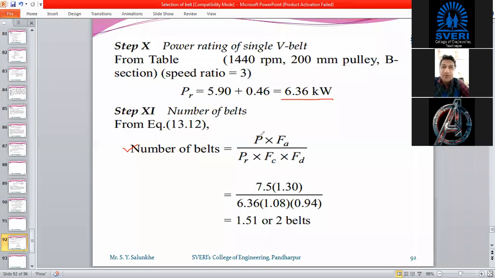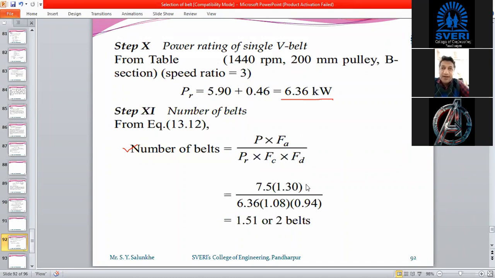Number of belts is equal to P, the power which you want to transmit, multiplied by the correction factor FA, divided by PR, the power rating for the single belt, into FC, the angle of lap factor, and FD, the factor for the diameter which you have adjusted for the smaller pulley.